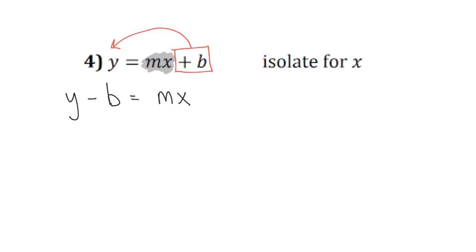So that's going to leave me with y minus b, which is equal to m times x. So we still don't have x by itself. It's still being attached to this letter m. And remember that when they're attached side by side like this, this represents a multiplication. So the opposite of multiplication is a division. So in order to get rid of the m that is currently attached to the x, we need to divide